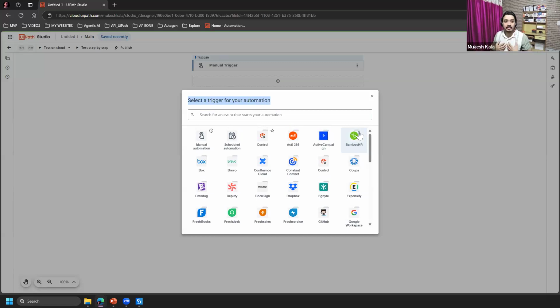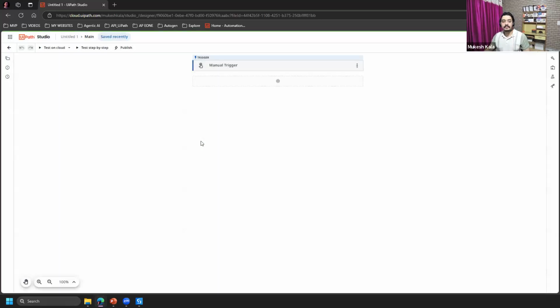So for now, let's say I am doing a very scratch automation. So I'll go here and I click on this one, which is the manual automation. Okay. And then if I have to write my own code, you have this plus button here because this is executing step by step. So manual trigger is I am going to trigger it manually. In the next session, we are going to deploy it and run it from the schedule. But today we are going to do it manually.